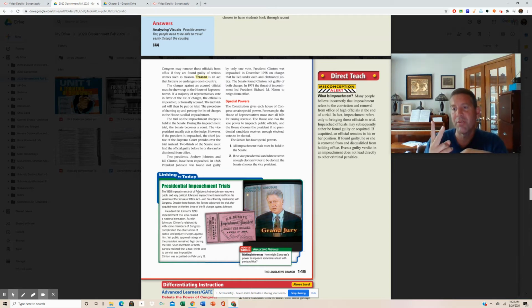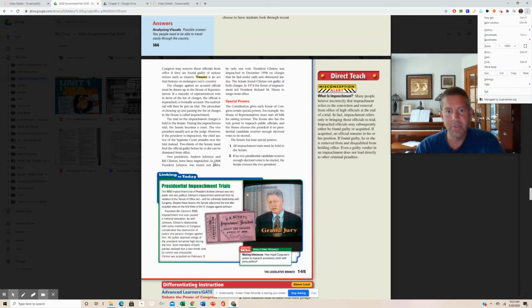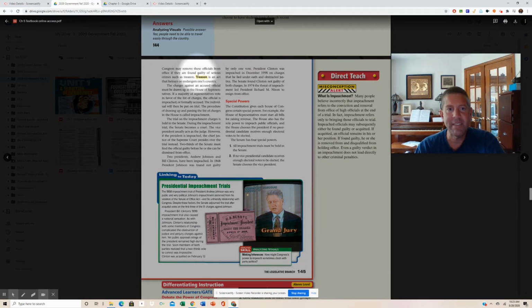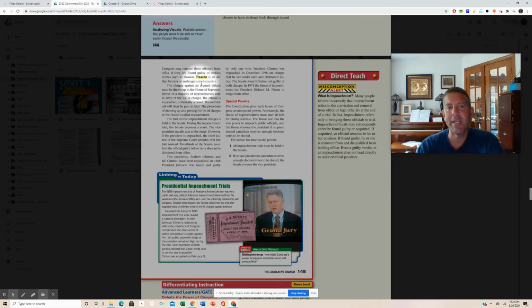And both of those, Clinton and Trump, had trials in the Senate. The impeachment said, we think you did something wrong, have a trial. And then in that trial, in both of their cases, as well as Andrew Johnson's, they were all found not guilty, and so remained president. The other vocabulary term that's used is treason in Chapter 5, Section 3. Treason is simply a word that means an act that betrays or endangers one's country. That is an impeachable